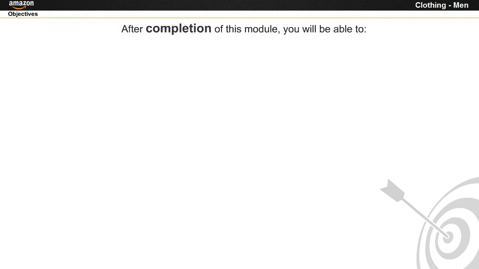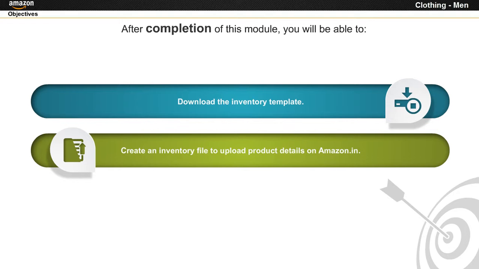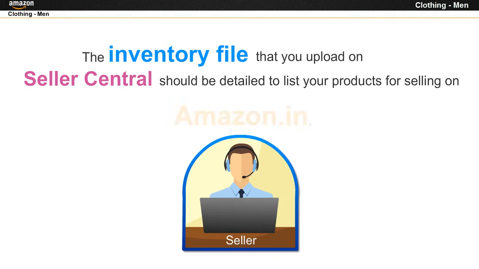After completion of this module, you will be able to download the inventory template and create an inventory file to upload product details on Amazon.in. Priya, a registered seller with Amazon.in, wants to create an inventory file for a product belonging to the clothing, men category. The inventory file that you upload on Seller Central should be detailed to list your products for selling on